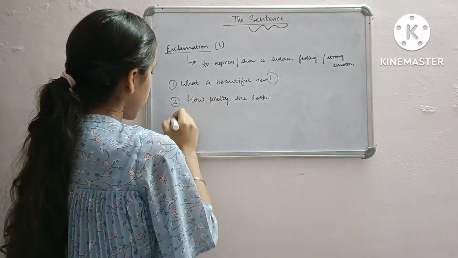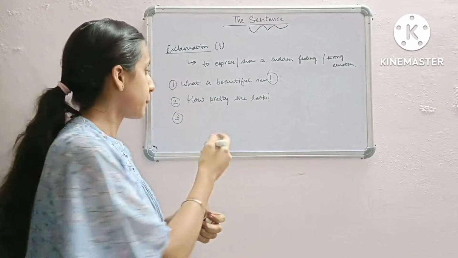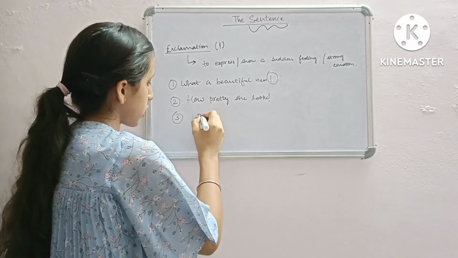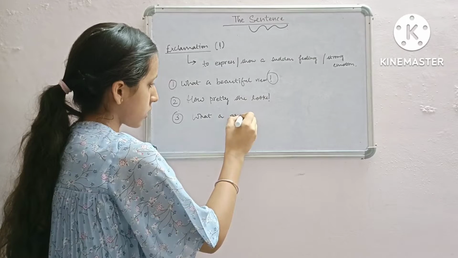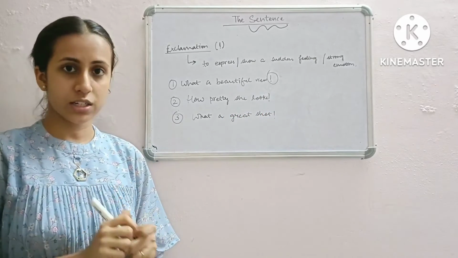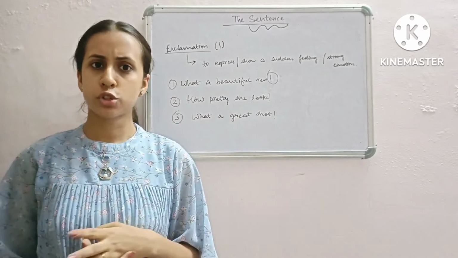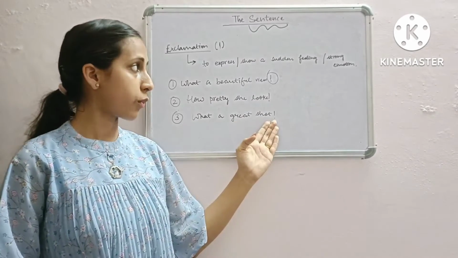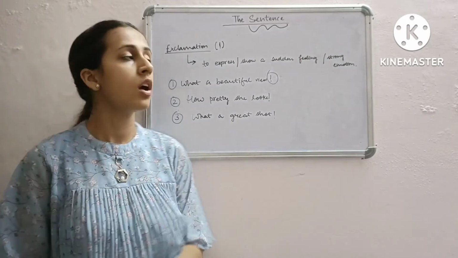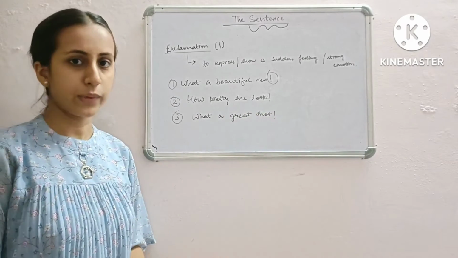Okay. The third one, it can be anything, like you can say what a beautiful view. That's already done. So we can say anything like what a great shot! Like your friend hit a ball or he played an amazing match and you were like, what a great shot was it. So you're just surprised by that. So that's your strong emotion, or you can say the sudden feeling that comes out when the match was played very well.